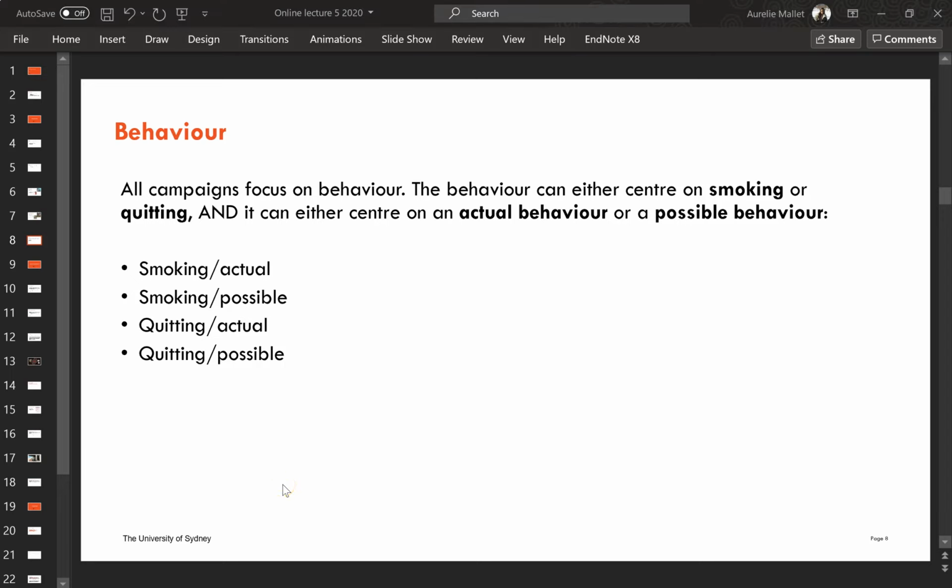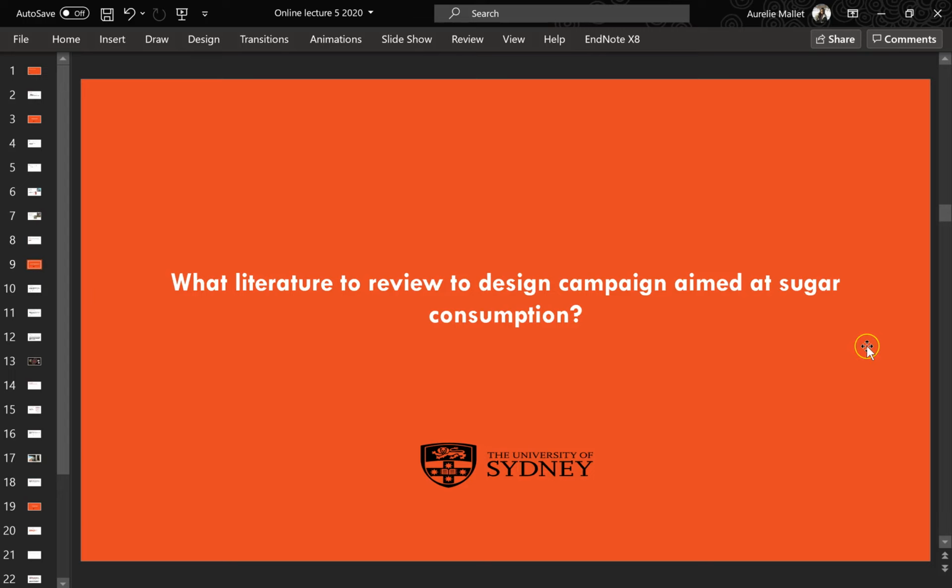So next week, I'm going to show you how we can use these 3 sets of strategies to design materials for a campaign aimed at sugar consumption. It's a completely new, different campaign, but using the same sets of strategies. But before we get to that, and this applies to you guys as well when you'll be doing your materials for your assignments. So